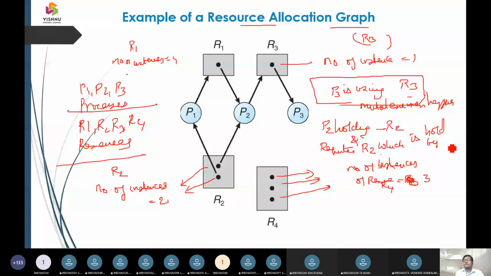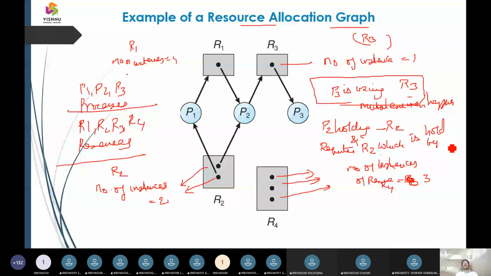So this scenario we are going to call hold and wait. This condition we call hold and wait. Now you can see process P2 is going to hold a resource, and process P2 is going to wait for a resource which is with process P3.